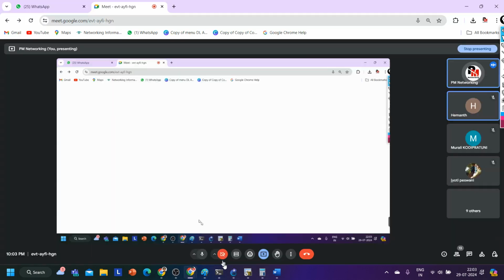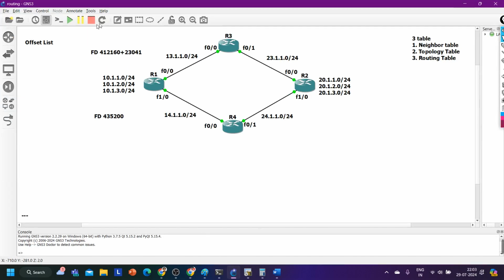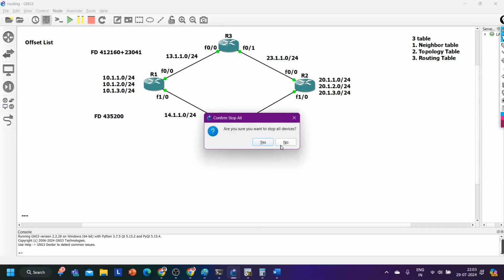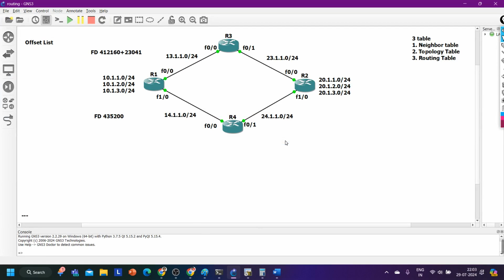In EIGRP, multiple labs are there. If any question, please ask. See, I am teaching EIGRP after a long time. R1, R2,